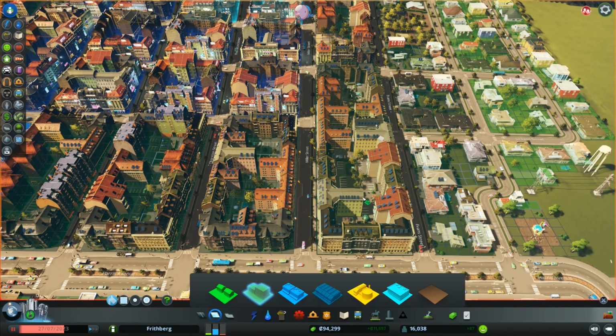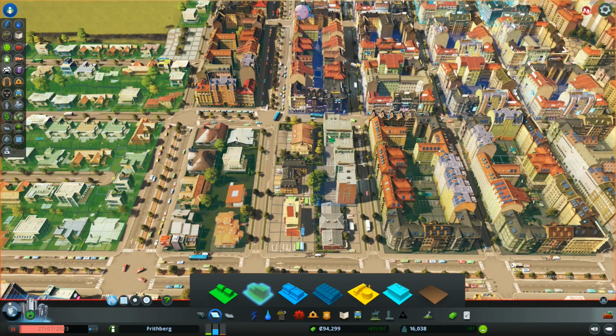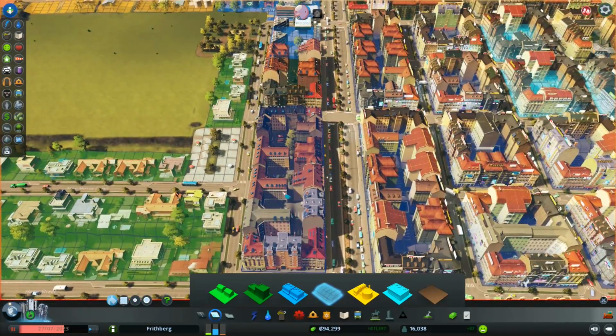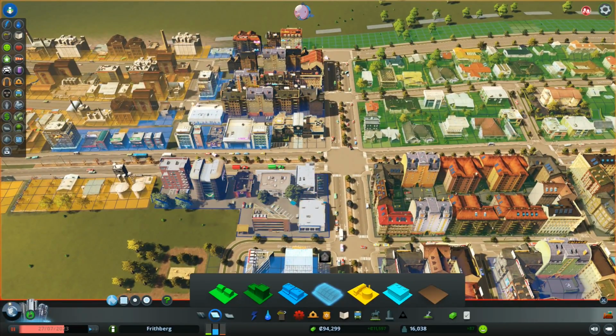I'd like a little tiny bit more high density commercial, because commercial is in quite high demand at the moment. So that bit there is just standard commercial. So if I put that one there like that, and then I put high density commercial on that bit. We've got residential up here. I've got more commercial here. I'm going to change that one there, even though...